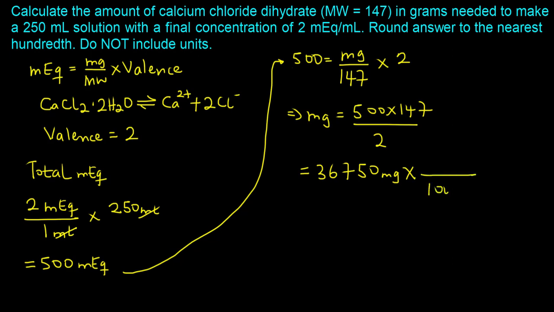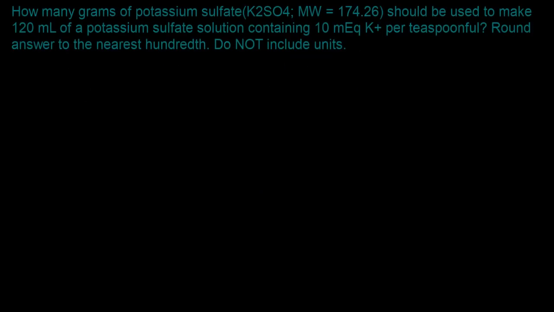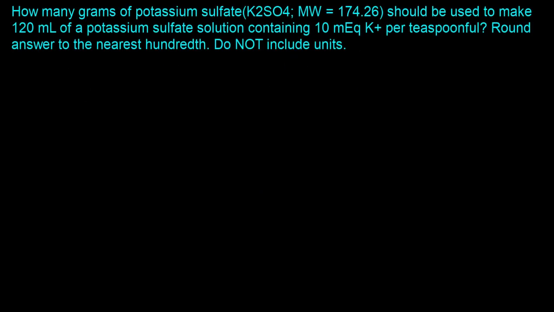And so 1,000 milligrams is present in 1 gram. The milligrams cancel out, and the answer is 36.75 grams. Let's take a look at this question, which says, how many grams of potassium sulfate, molecular weight